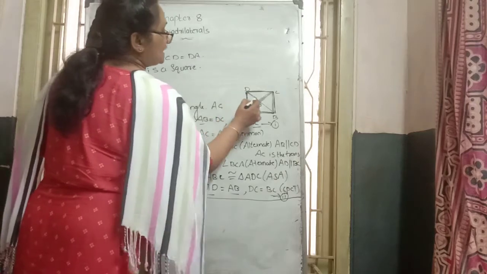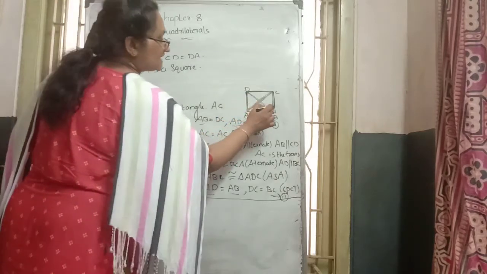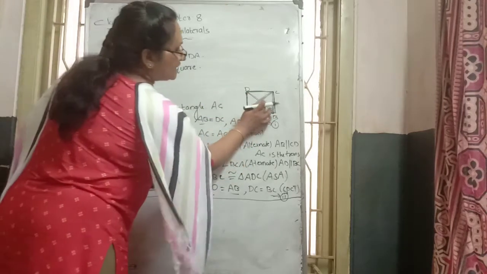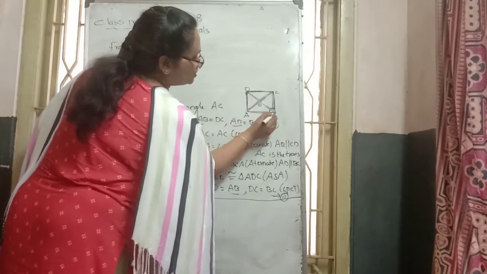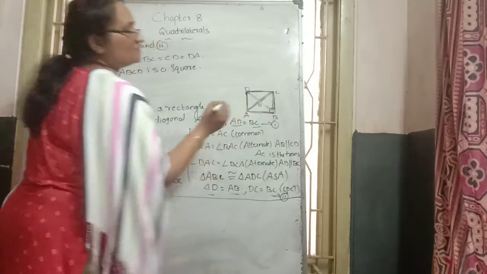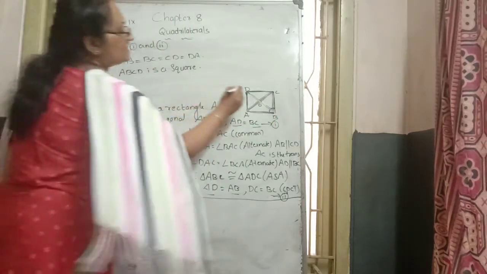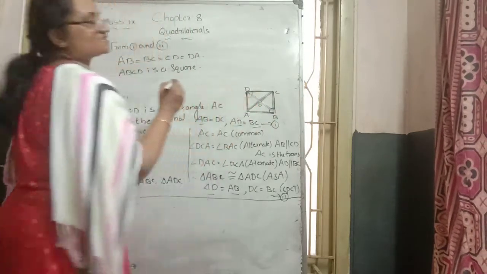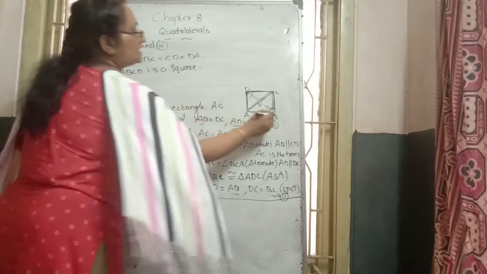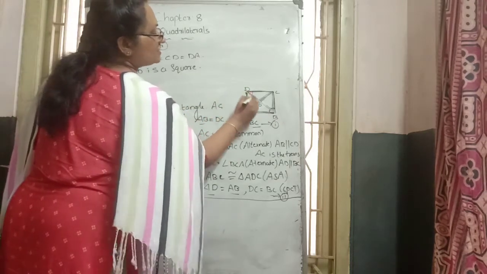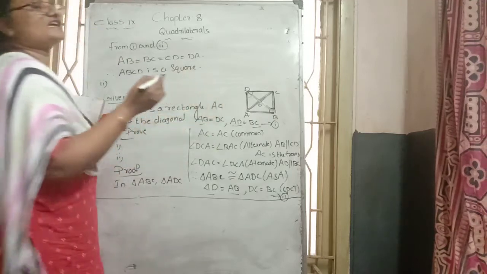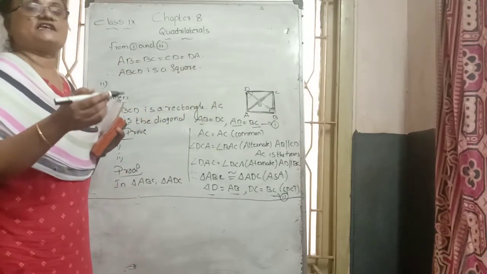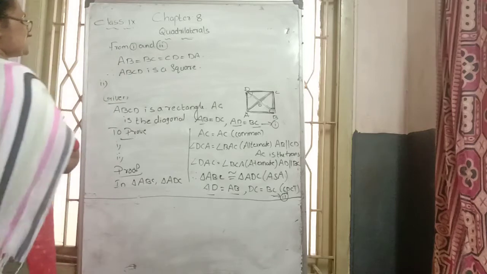The diagonal BD bisects angle B. Angle B is actually this much, but the line BD divides it into two angles. Angle D is also this much, but the BD line passing through divides it into two other angles. We want to prove that the BD line bisects angle B and in the same way angle D. That is our second case.